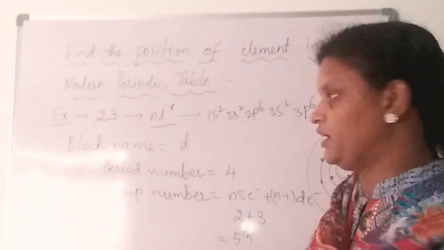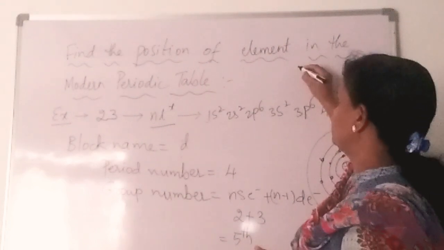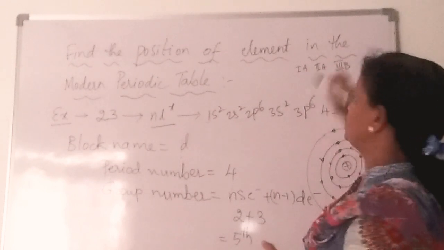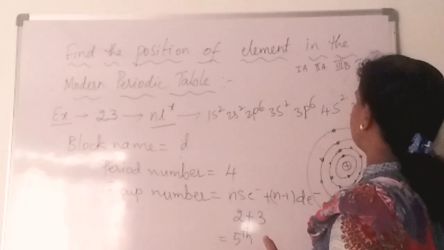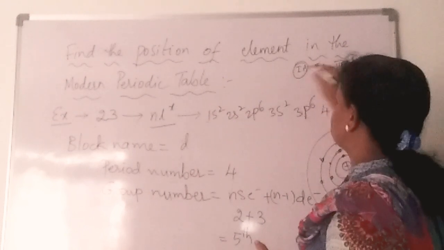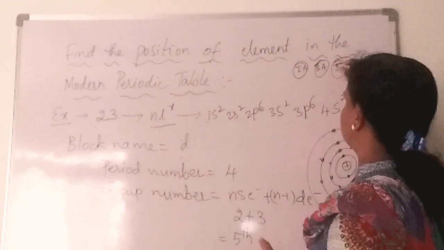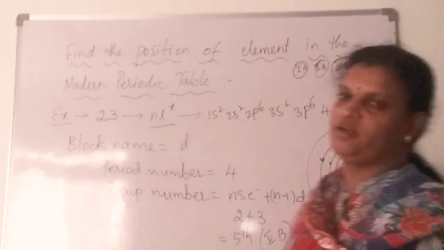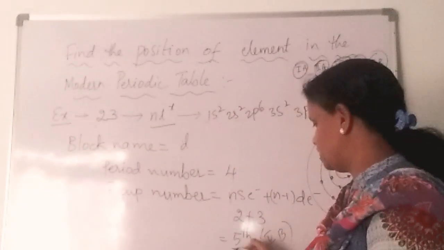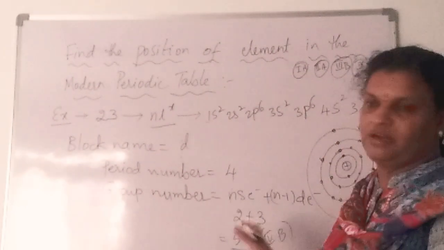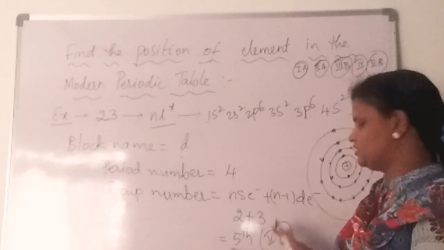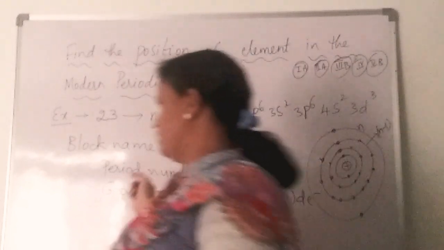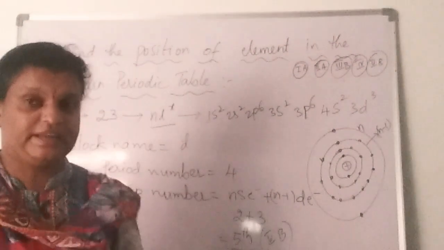In this modern periodic table, this one we have to remember. First we have first A, second A, after that the third group, where B groups will start. Third B, fourth B, fifth B. So first group, second group, third group, fourth group, fifth group. So the name of this group we can write as 5th B. If you don't know the Roman number, you can leave it. But whatever number we are writing here, we have to write it correctly and compulsorily. So 5th group is nothing but the 5th B group. Like this, we can write the block name, period number, and group number for any element.